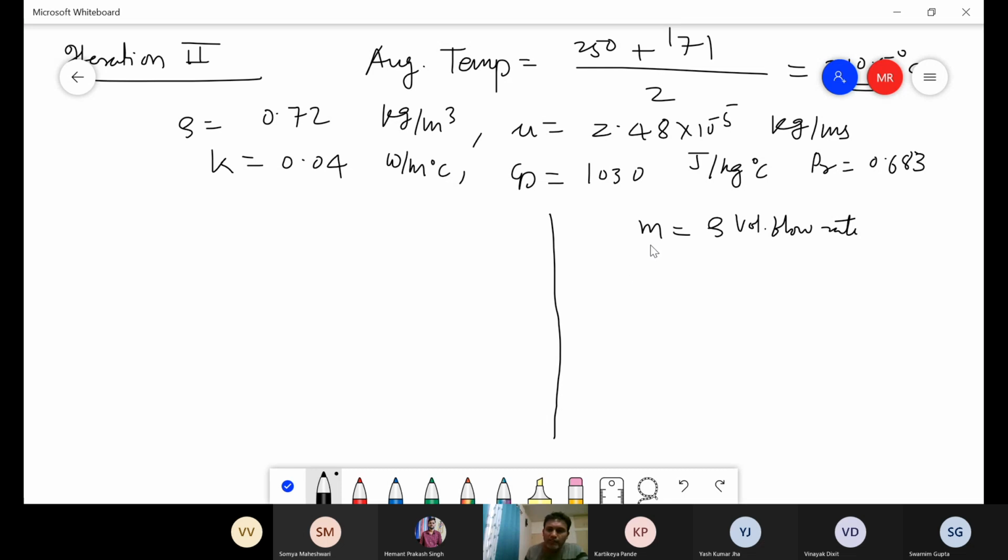Now this mass flow rate can be written as, since rho is PM by RT, m is given as